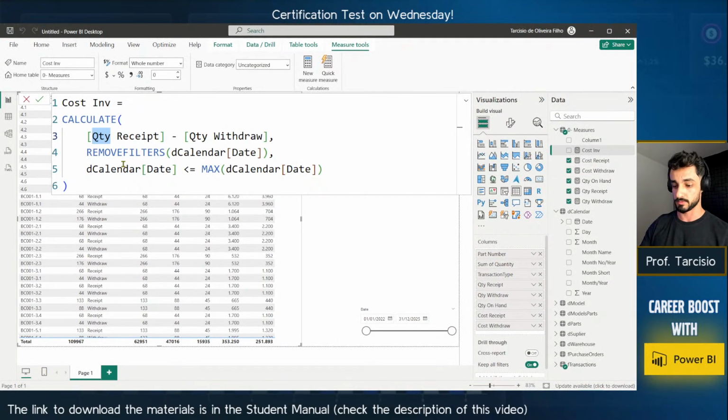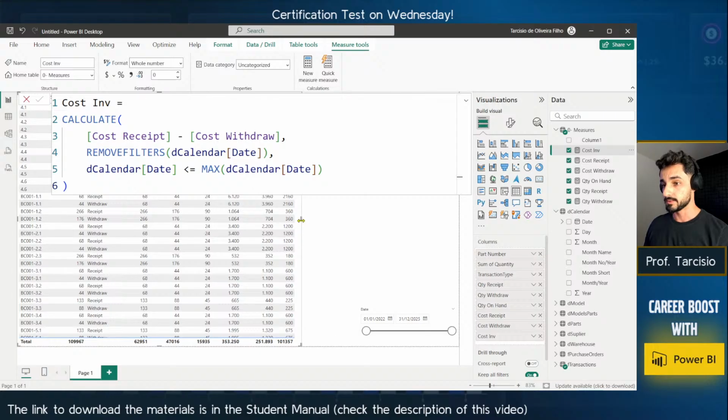So I will select quantity, Control Shift L, and I type cost. Okay, and the rest is the same thing. It doesn't change. Okay, now I add this,